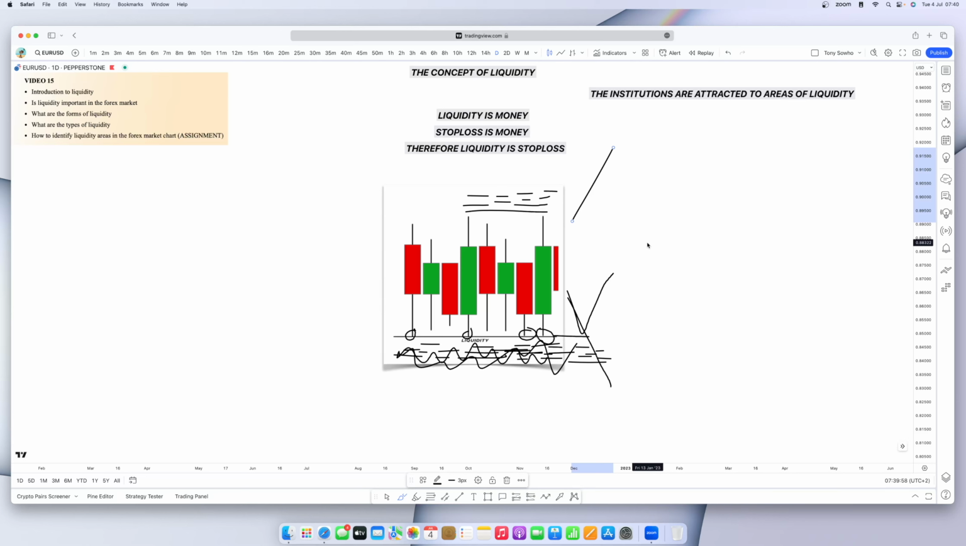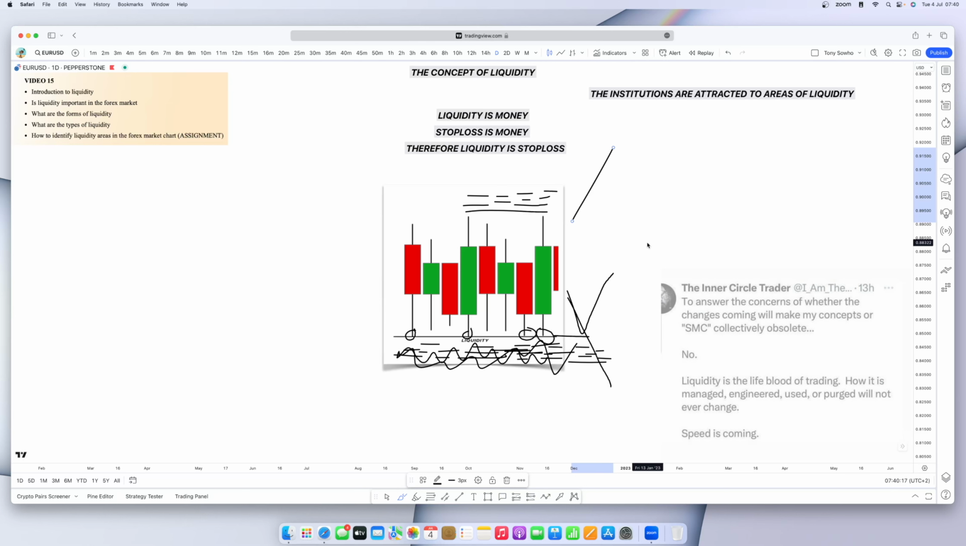You know, I was reading something yesterday in a group I am in. Somebody posted a screenshot of what ICT said. That's the Inner Circle Trader, the big-time trader we have in our time. It said something which I like, and I'm going to quote it on this call because it has something to do with what I'm talking about. It was about the concern of whether the changes coming will make my concept, that is the ICT concept, or smart money concept, which is what I'm teaching you,